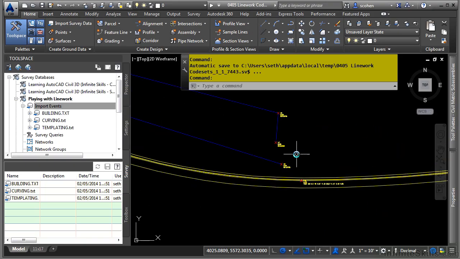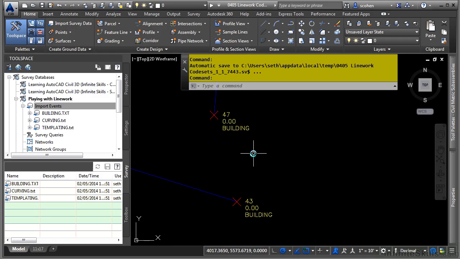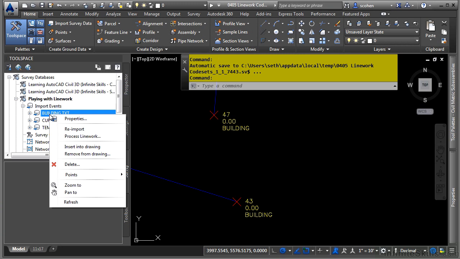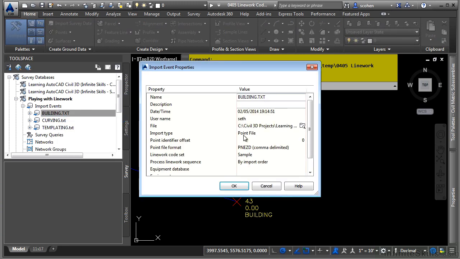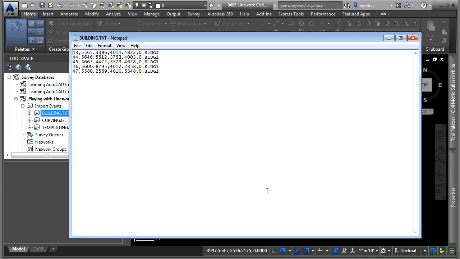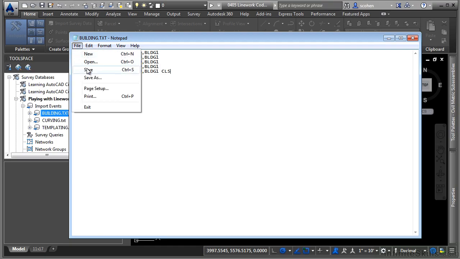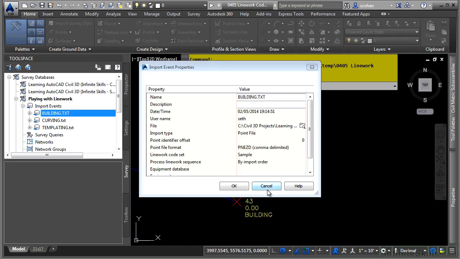Let's look at this one here. This is actually a building. However, it didn't close. So let's go ahead and actually open up this text file. To open the text file, right-click on building.txt and choose Properties. And go ahead and click on the Browse button right there. This will open this file in Notepad. And all we have to do at the end of the last code is type in CLS. It does require the surveyors do locate the points in the correct order, and that way it knows to go back to the beginning. We'll go ahead and save our file, close this out, cancel that,